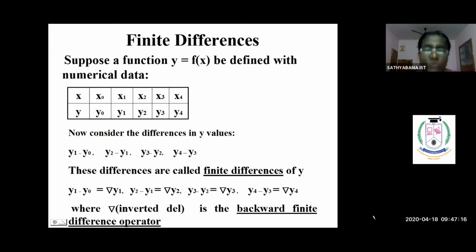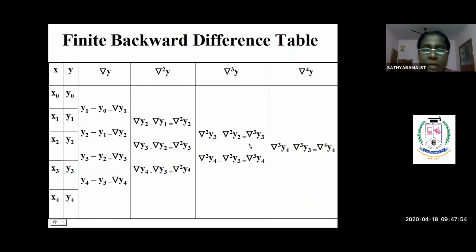And how is the notation, you see here, y1 minus y0 is del y1. That is always the succeeding. Can you understand the difference between the previous case and this case? In the previous case, what we had, y1 minus y0 as del y0. That is always the preceding. That is called forward. Under backward, y1 minus y0 is denoted by the backward operator del, but always the succeeding. So in a similar way, I can find out the second order differences, third order differences, etc.